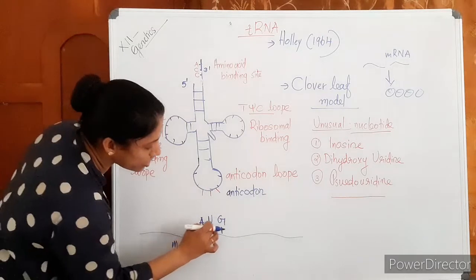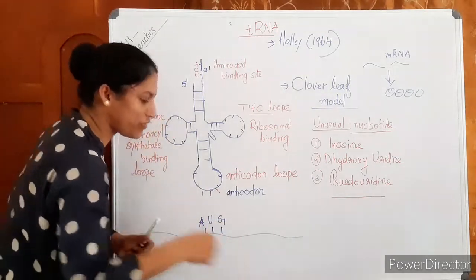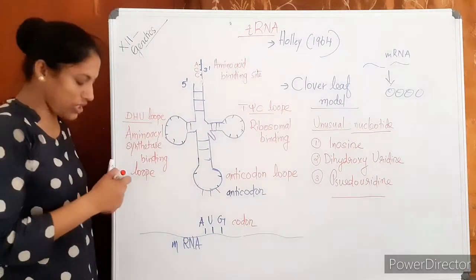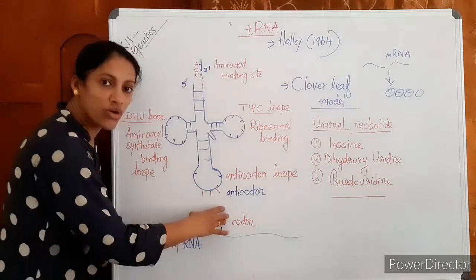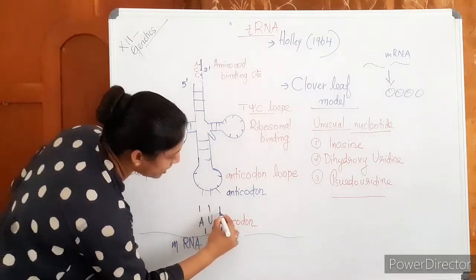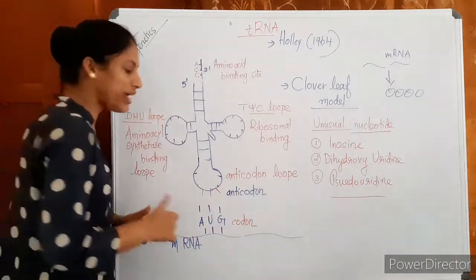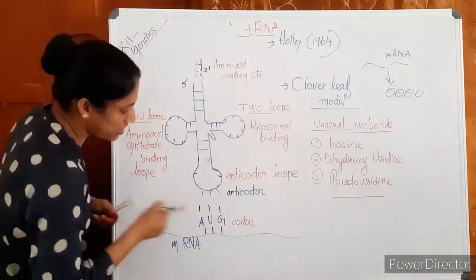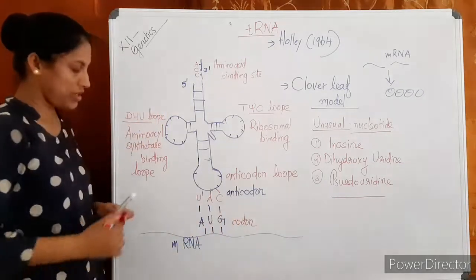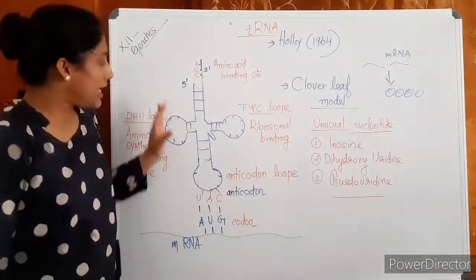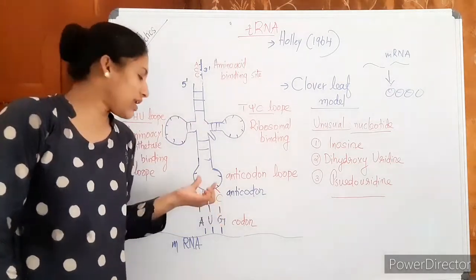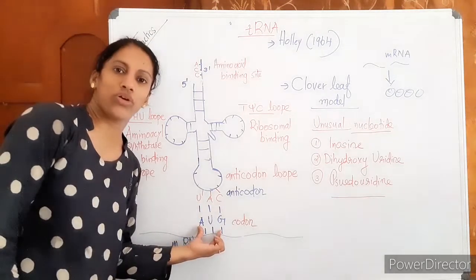Okay. So understand, this is the codon. We call this the triplet codon. First example, AUG on the mRNA is the triplet codon. So this triplet codon can bind to what? This anticodon. For that, the anticodon must be UAC. Okay? Understand? A tRNA with its anticodon UAC can come and bind to this codon.